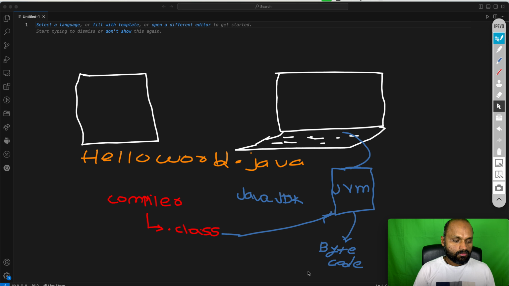So let's say I want to tell something to a computer, like I'm giving this statement, just print this onto the screen. You can give that command to a computer using any language, but in this case how do you do that using Java? So Java is a high level language. What high level means is that when you write the language, it is in a human readable format, using plain English.